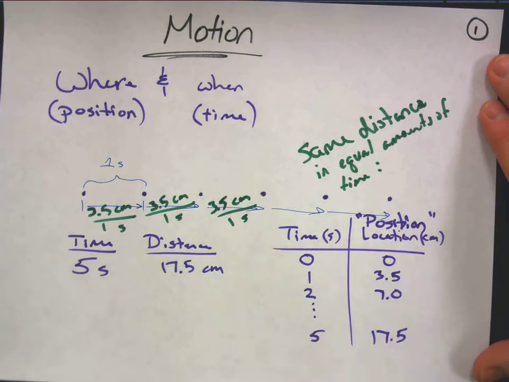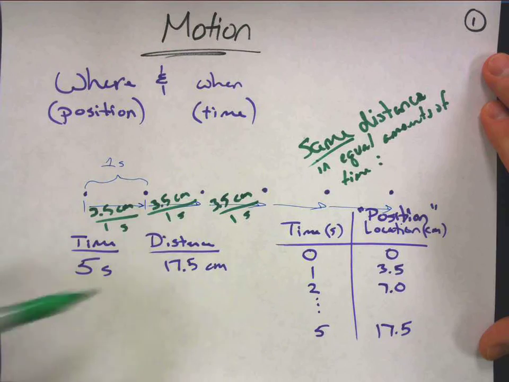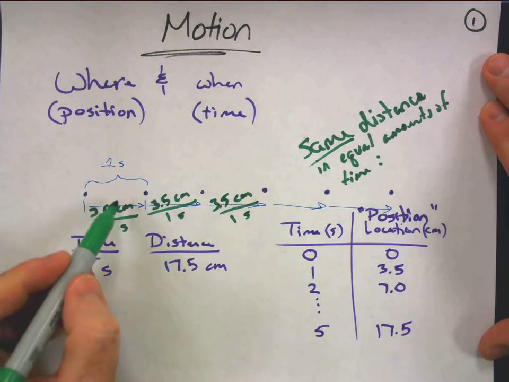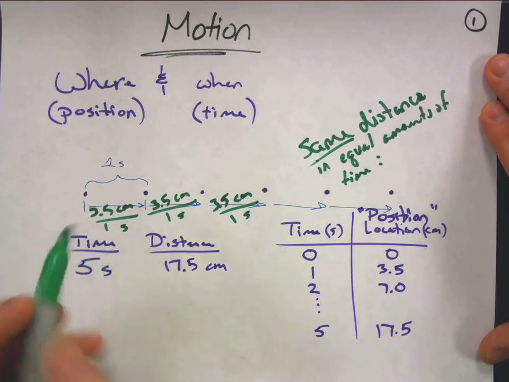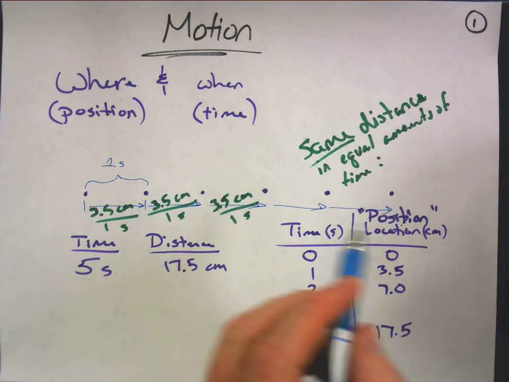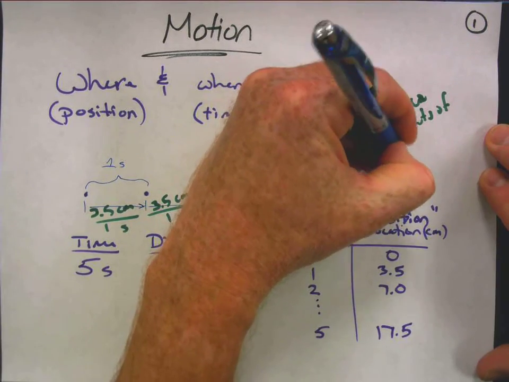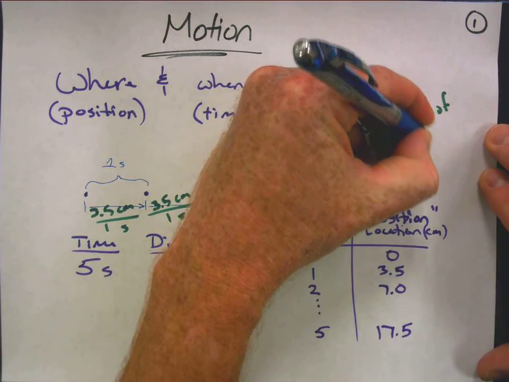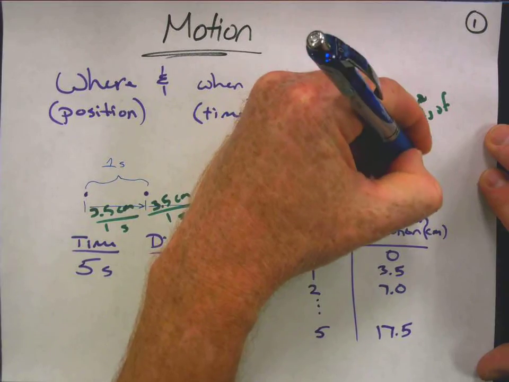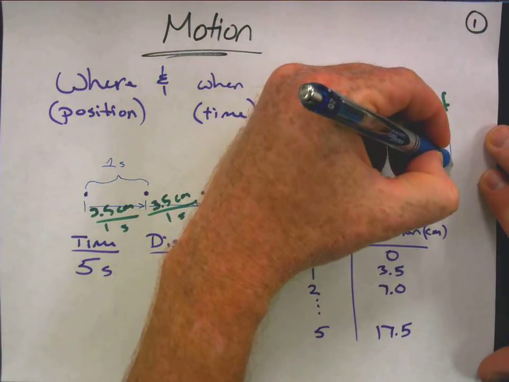And it's the same. So distance divided by time, well, centimeters per second is how you can say that. And so we can say, look, as long as the distances are the same in equal amounts of time, we can say constant speed. I'm going to put speed in quotes